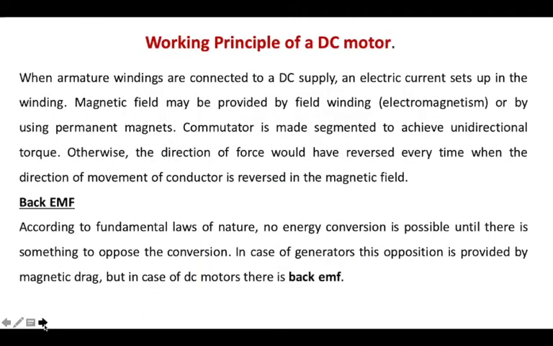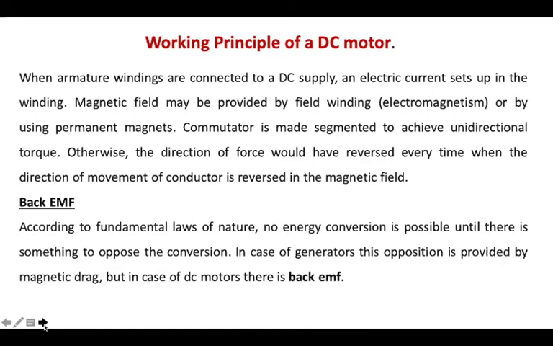Now, along with the torque production, because you will have a current carrying conductor in the rotating magnetic field cutting the field, there will be an EMF induced in the given motor. When the armature windings are connected to a DC supply, an electric current sets up in the winding. The magnetic field may be provided by the field winding or by permanent magnets. Normally, for smaller motors we have permanent magnets, and for larger motors we have field windings,